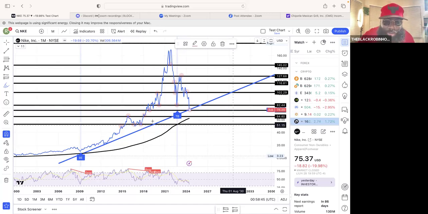And this is a monthly level. So imagine back here, 2003, Nike went up to 62, came down to this level. If you bought from this level, you made so much money, right? Or you let it go, let it come back down, correct itself. So once it corrects itself, you only want to buy from a demand zone. And you want that zone to be a zone that you've already